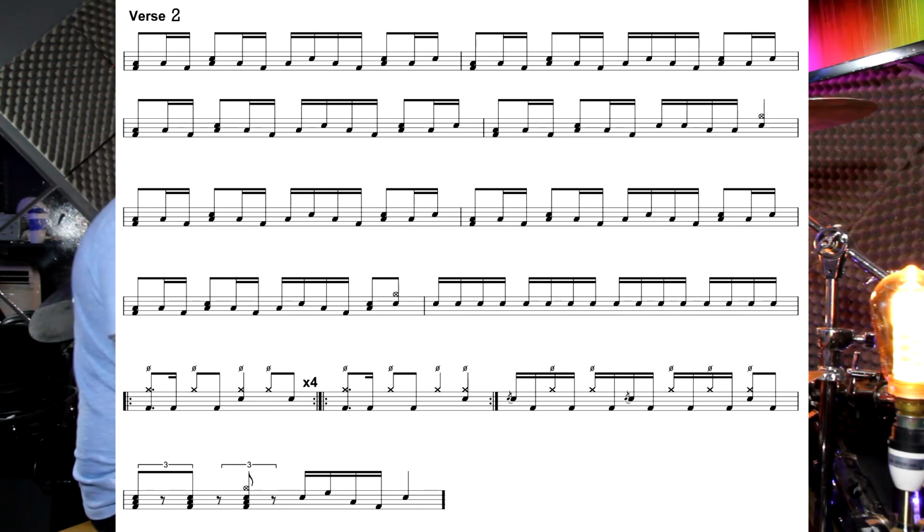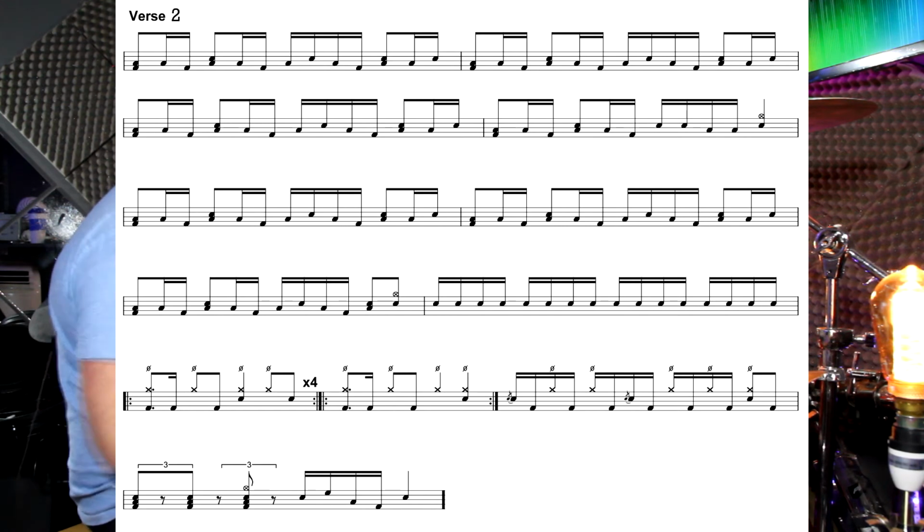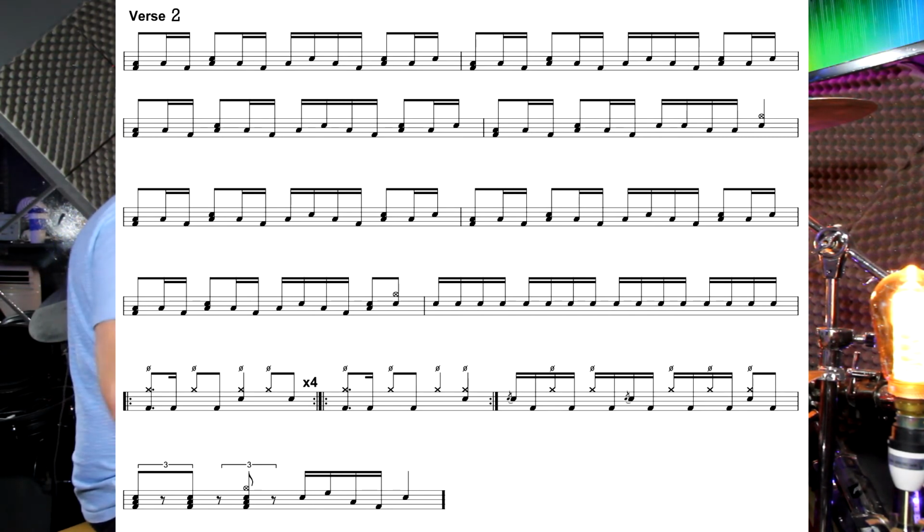Let's go back and do this whole section with all the repeats, nice and slow. So here we go, verse 2, 3 and 4 and 1 and a 2 and a 3 E and a 4 and a second time and a 2 and a 3 E and a 4 and a third time and a 2 and a 3 E and a 4 and on to the next bit and 2 and a 3 E and a 4, line 2, 1 and a 2 and a 3 E and a 4 and a repeat again and a 2 and a 3 E and a 4, next bar 1 and a 2 and a 3 E and a 4